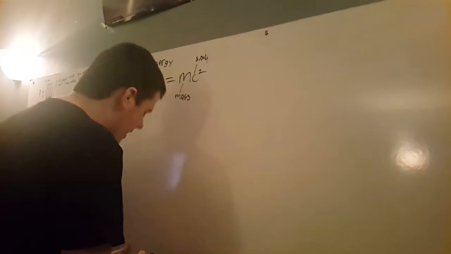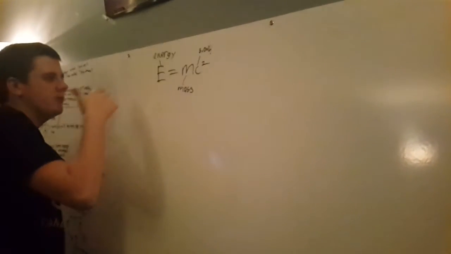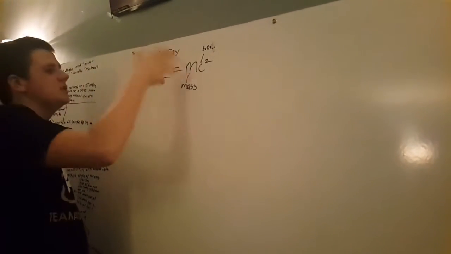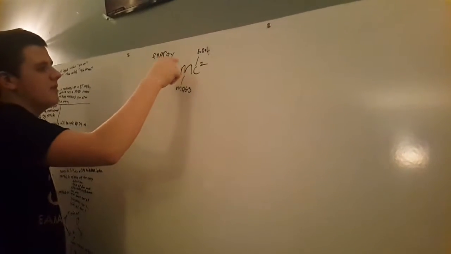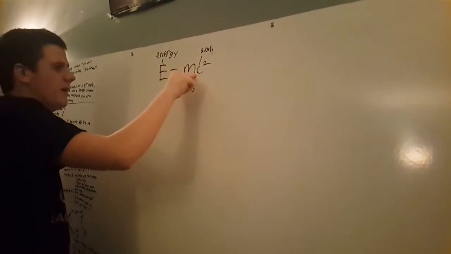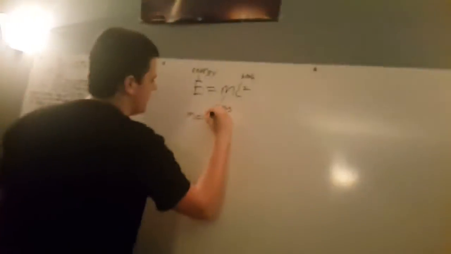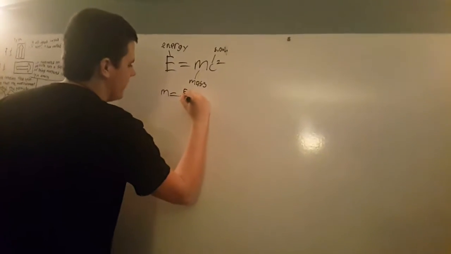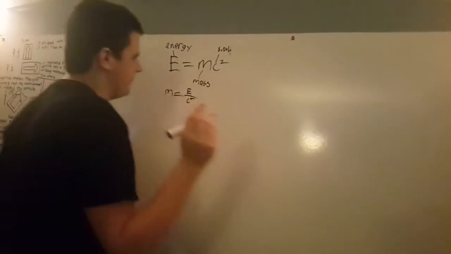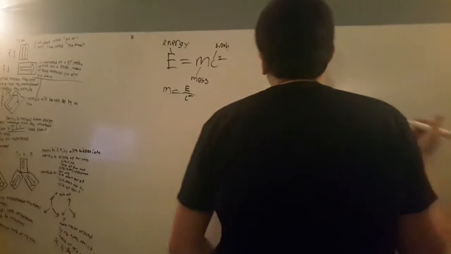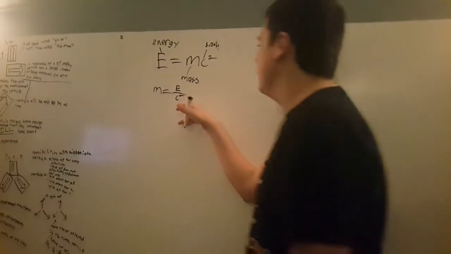If you want to find out how much energy per mass, you would multiply the mass, preferably in kilograms, by c squared to get joules. Or, the same way, you could say mass is equal to energy divided by the speed of light squared. You can derive that, right? So this tells us that